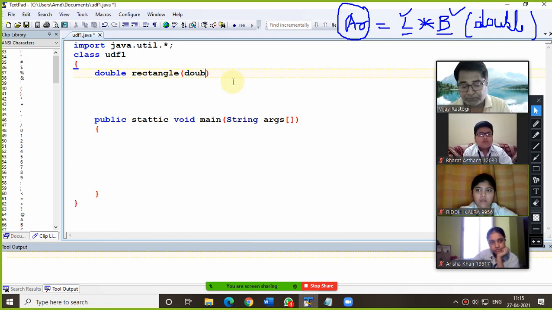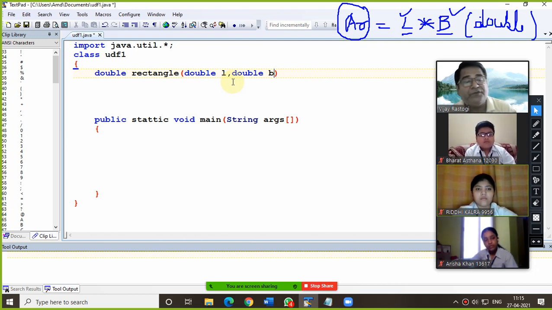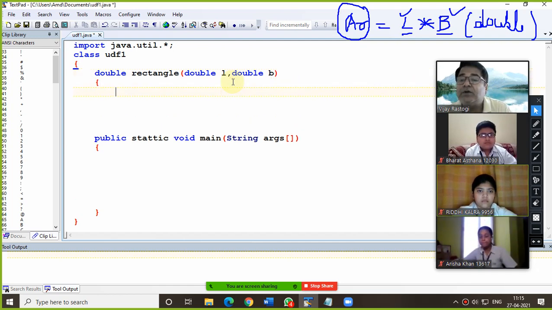So here we will use length and breadth as a double type. Why? Because these two double values we are supposed to take as input from the user, because the question is calculate the area of a rectangle, in which length and breadth are required as input. So there will be only two parameters of double type. Why double type? Because we are assuming that the user can enter values in fractions also. That is why we are using double variables here. After that, put the closing bracket.